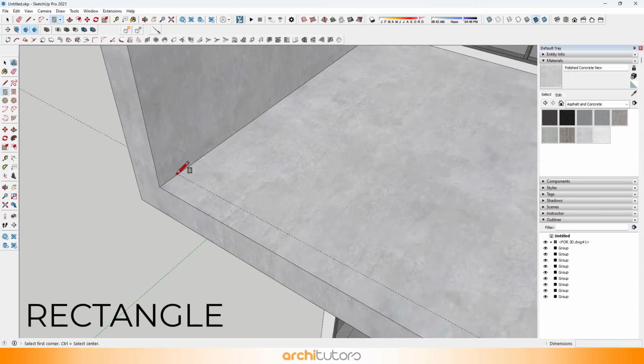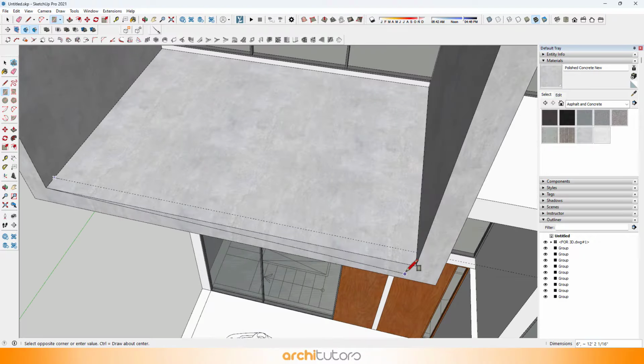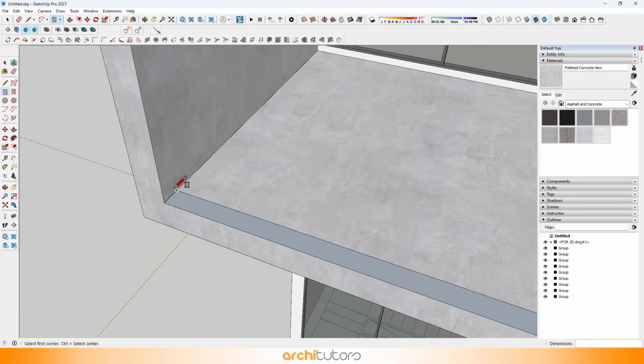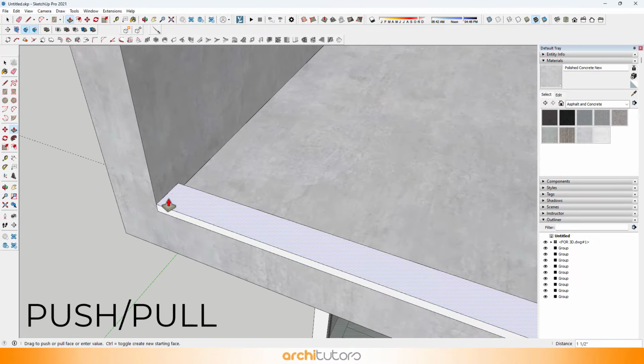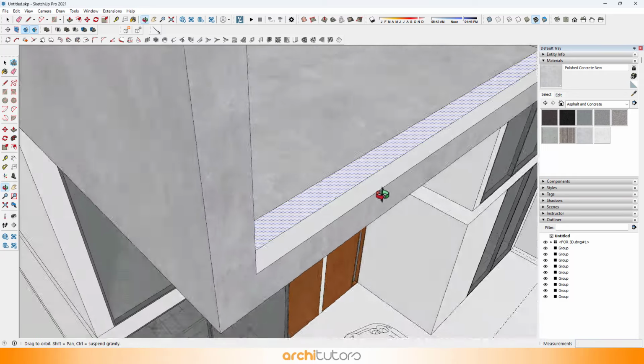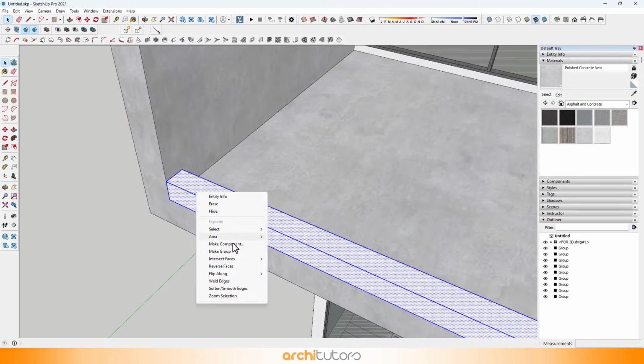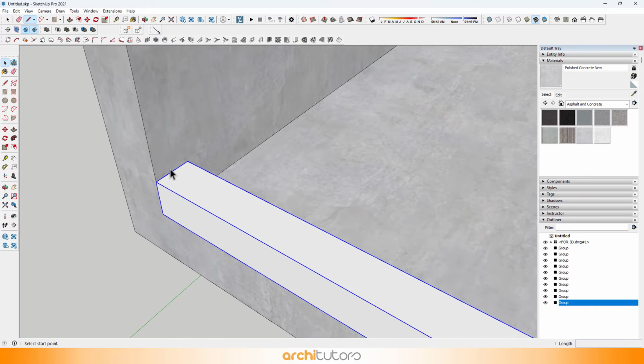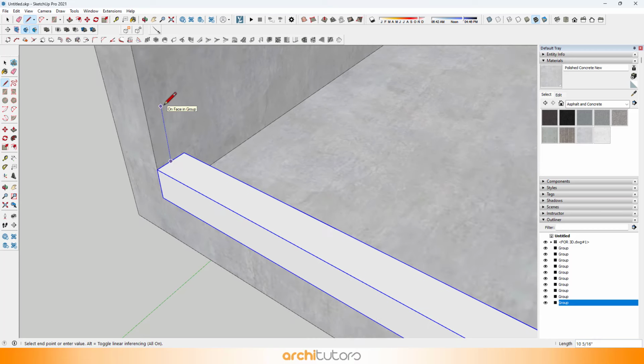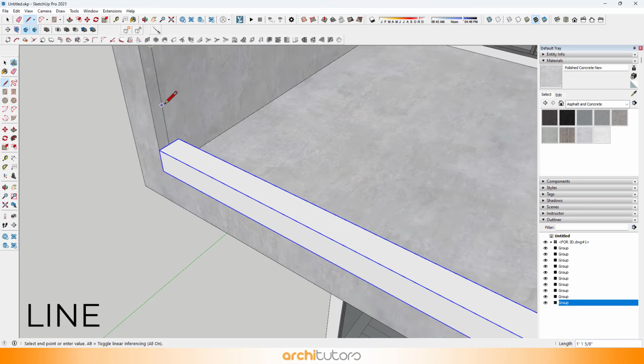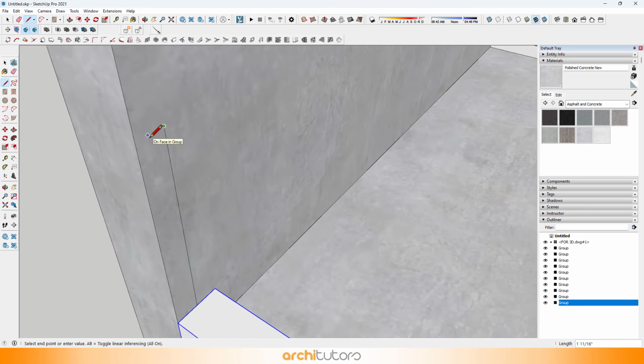Now add a small sill on the edge. And over it we can add a glass railing by creating a box.